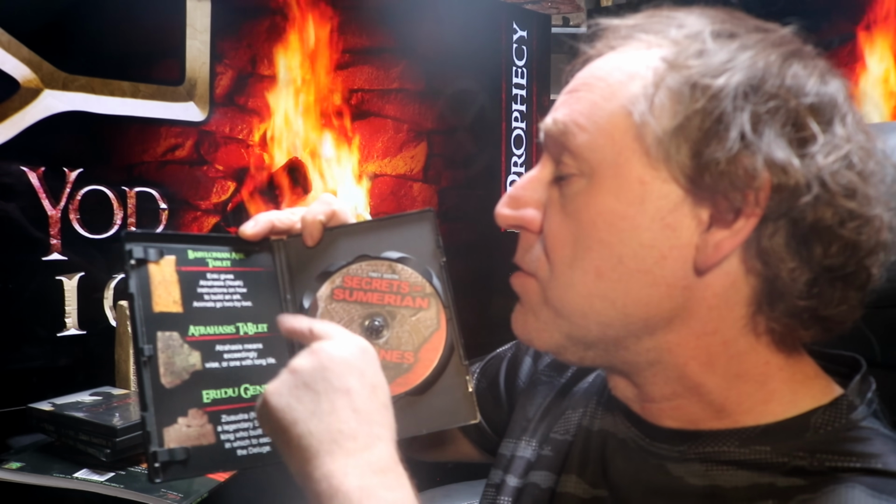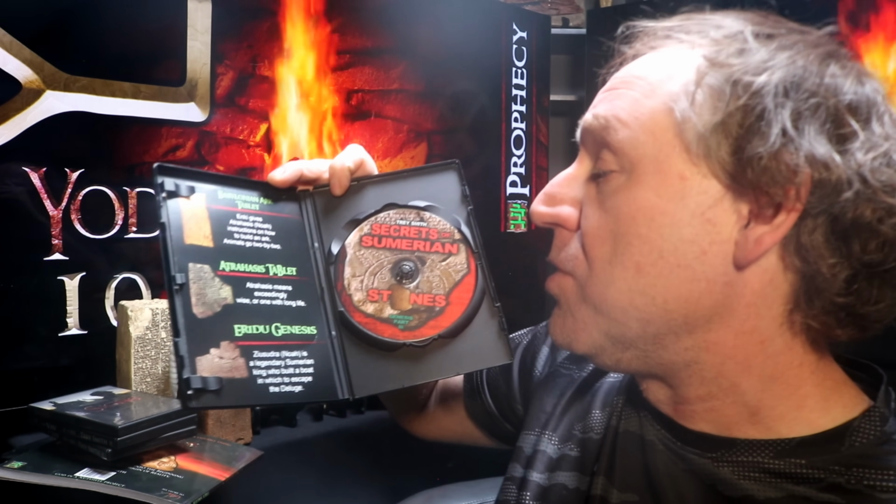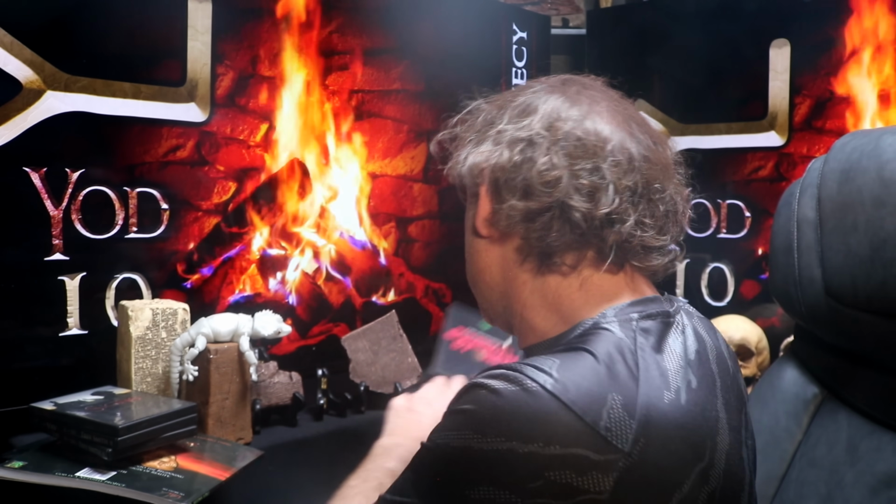And not only what I discovered while putting this together was that the ancient past was far more interesting than it's given credit for. Even on this DVD cover, you're going through the Babylonian Ark tablet. Enki gives Atrahasis, that would be Noah, instructions how to build the ark, and the animals go on 2 by 2. And by the way, the Enki, who is covered